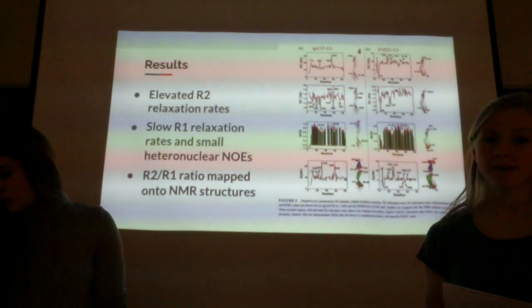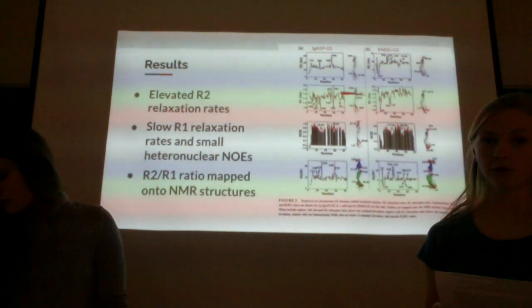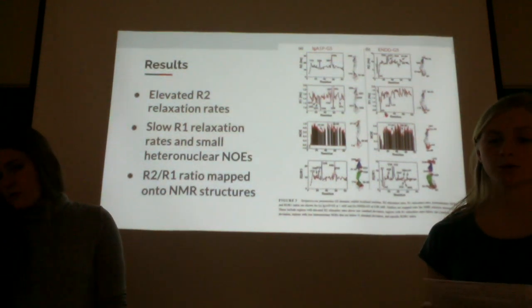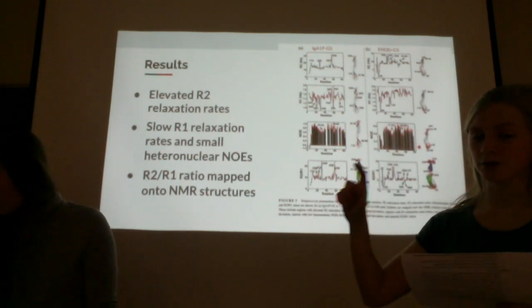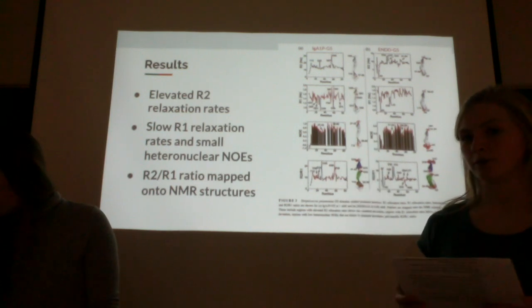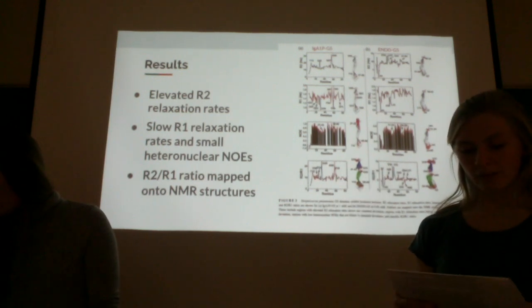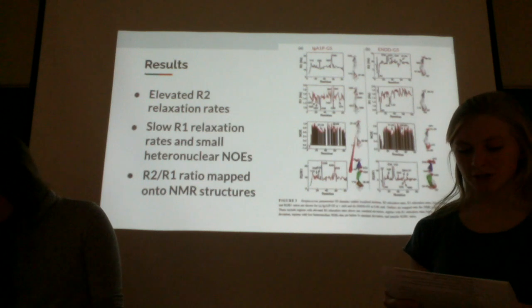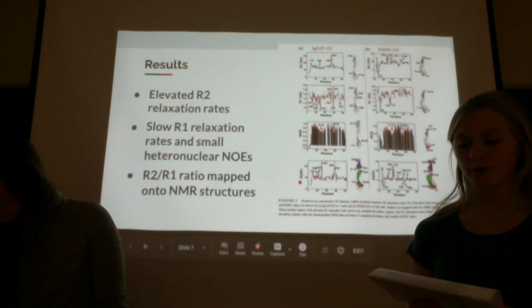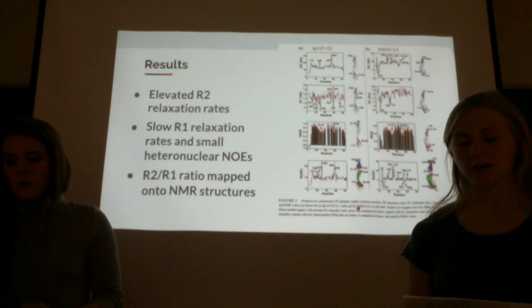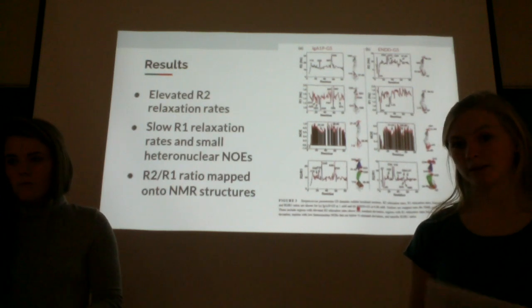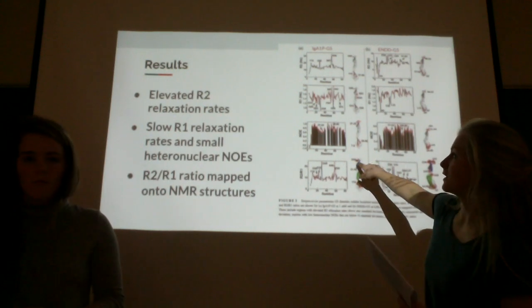Then the R1 relaxation rates were seen to be slow, and the heteronuclear NOEs were small, and those two were particularly at the ends of the G5, the caps of the G5 domains as well. The R2-R1 ratio was mapped onto the NMR structures, which showed additional dynamic regions in the connecting region of the G5 domains, which is different than the other